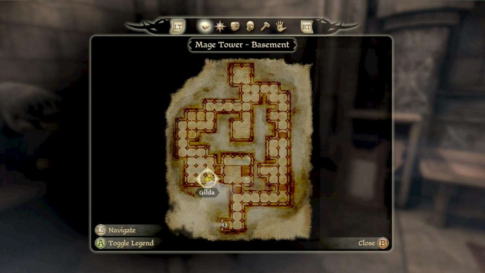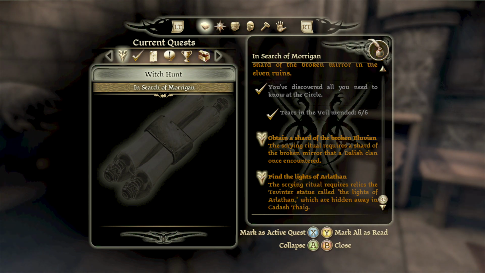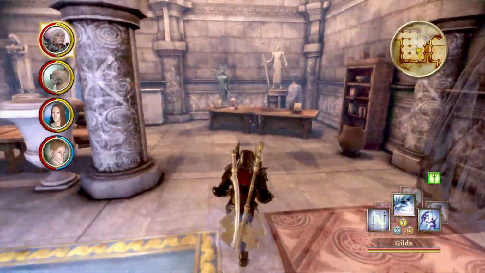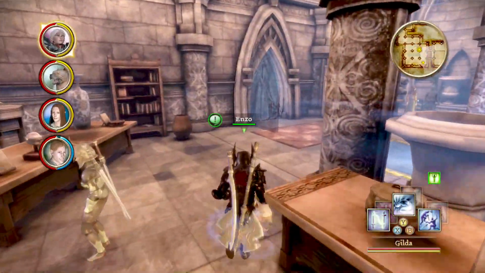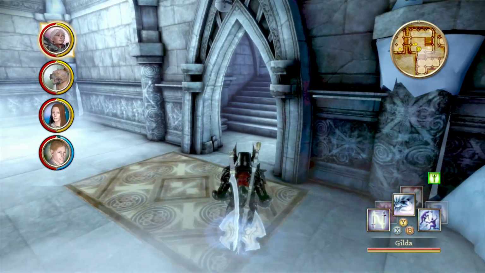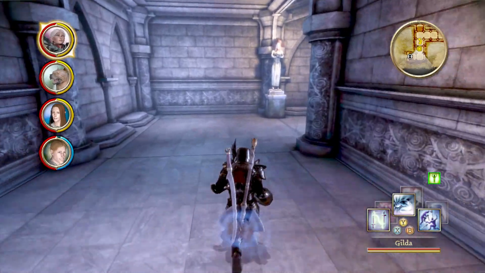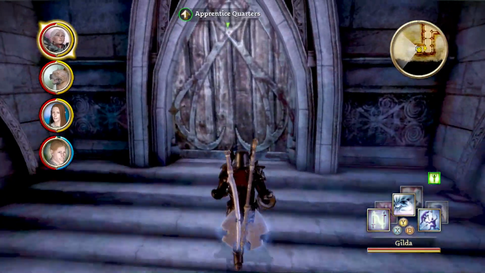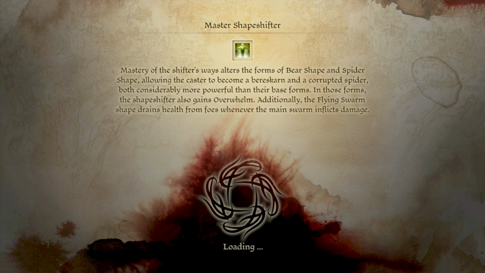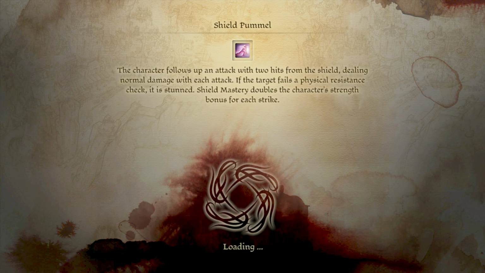Let's see, so... Find the lights of Arlathan in Kadash Taig. That seems where we're going next. Well, off we go then. And we'll have to, of course, leave the Circle of Magi and head out. But this is very interesting, so we'll be heading back to Kadash Taig, where we helped...